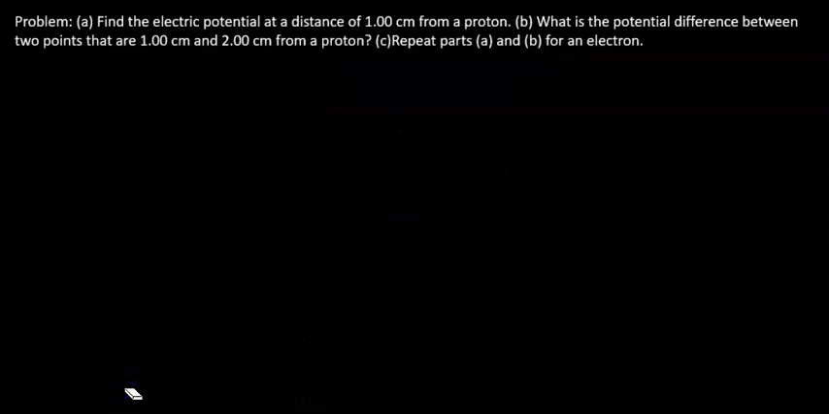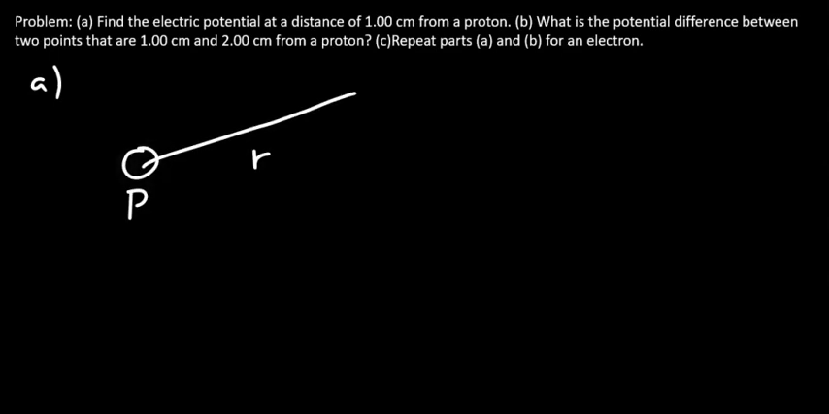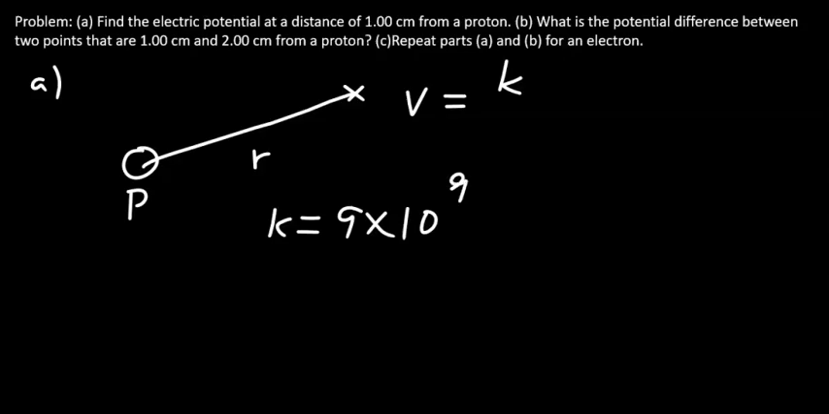Problem 2. Find the electric potential at a distance 1 cm from a proton. What is the potential difference between 2 points that are 1 cm and 2 cm from a proton? Then repeat it for an electron. So part A, if you have a proton here, the potential it creates at a distance r, say there, is given by the following expression. The potential there equals K, where K is the constant, 9 times 10 to the power 9 in SI units,